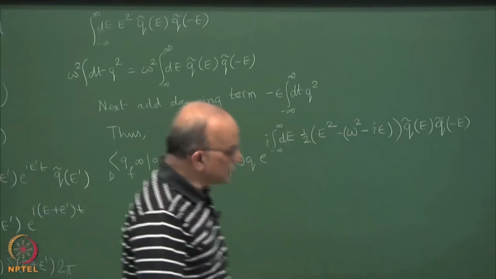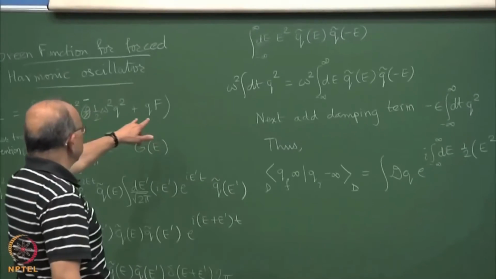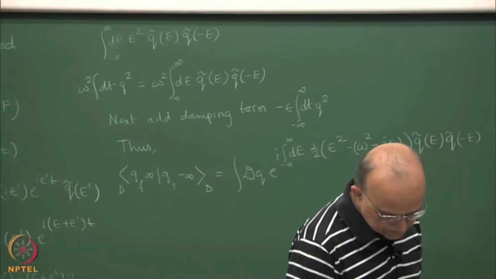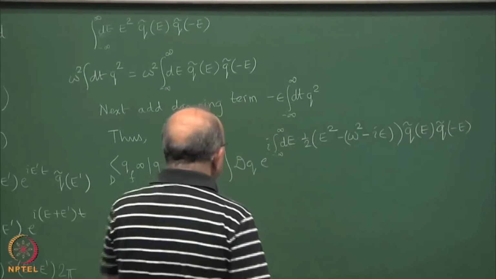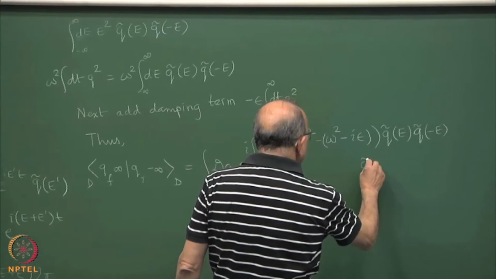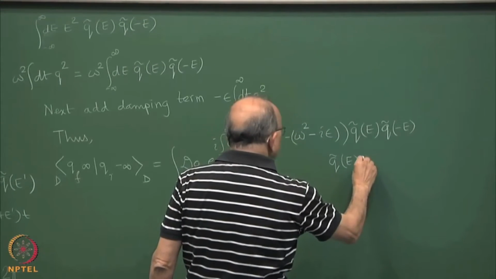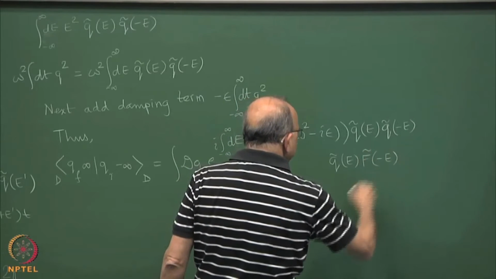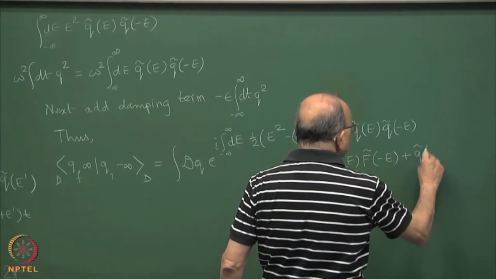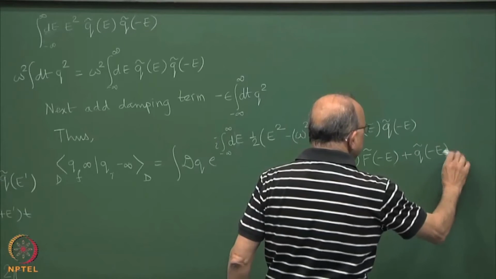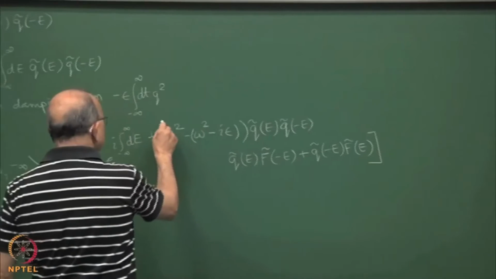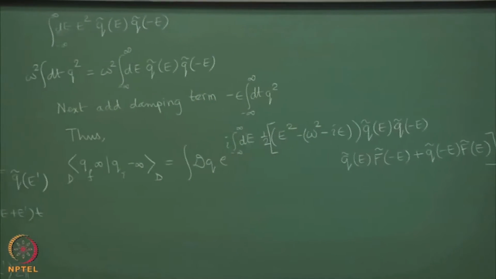And now we also have to introduce this term, q times f, and that q times f we write as equal to, we put an overall half, and we write for symmetry q tilde E forcing function tilde of minus E. That will come only once, but to keep an overall factor half outside, we also write q tilde minus E times f tilde E, and I can now put a big square bracket outside. Okay, so the half multiplies all of this.